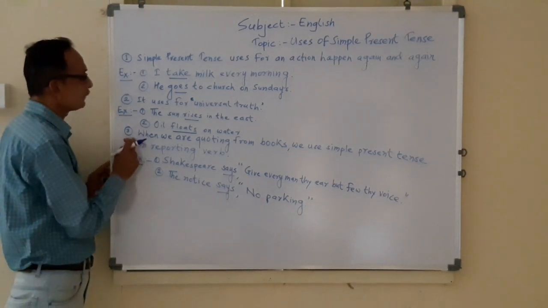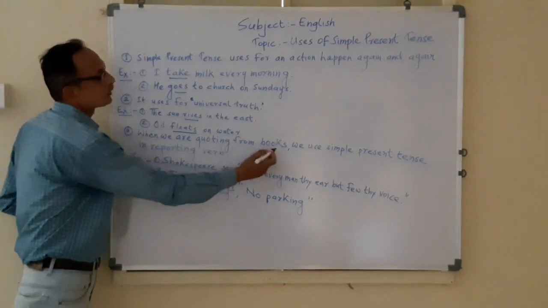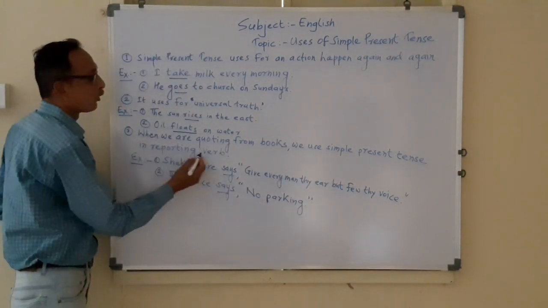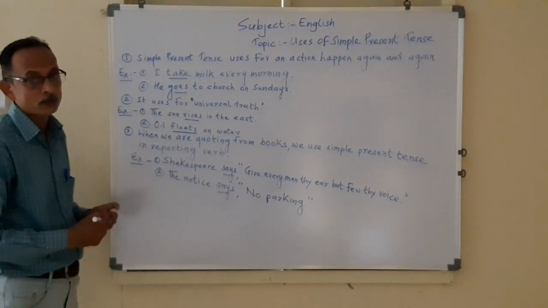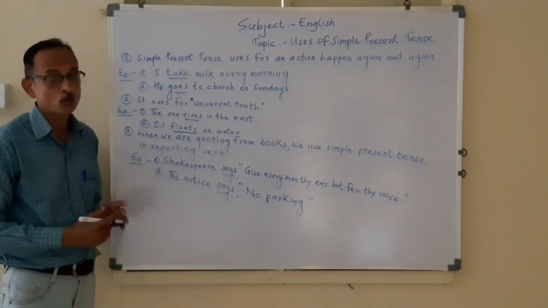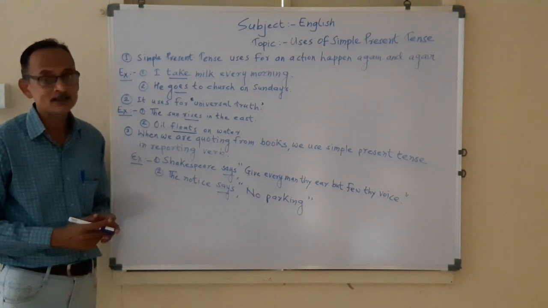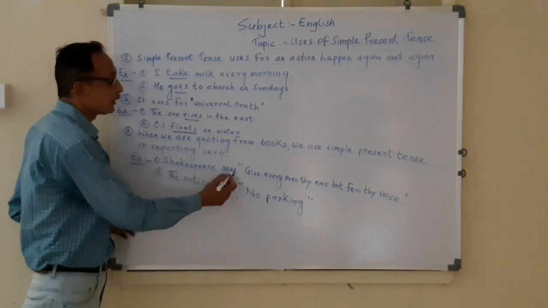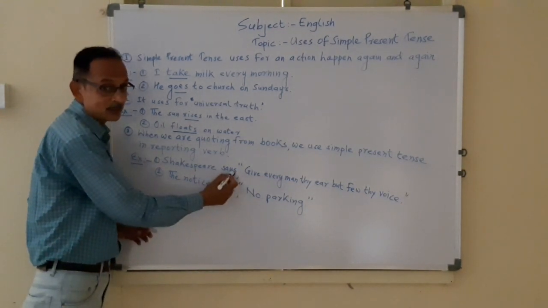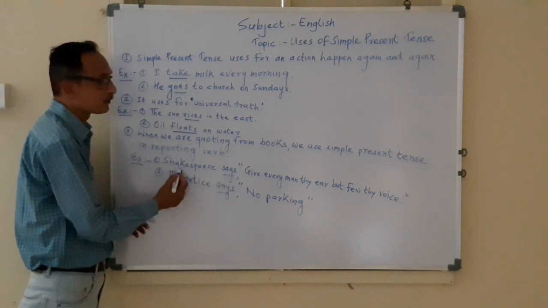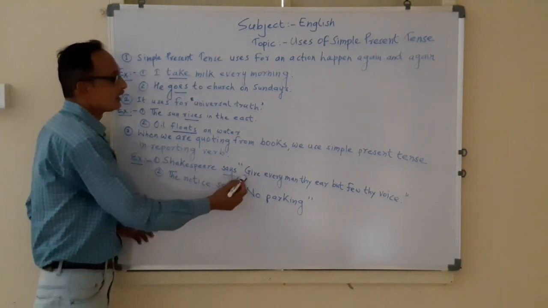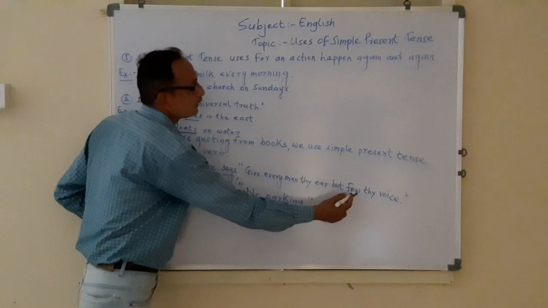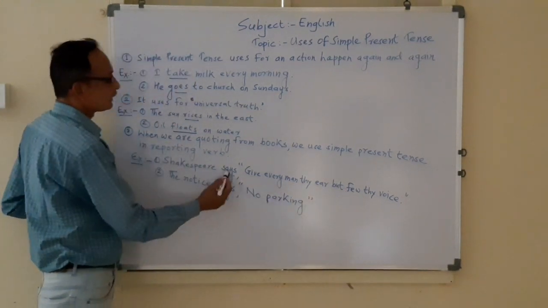Use number 3: when we are quoting from books, we use simple present tense in the reporting verb. When we write quotations in direct speech, we always use the reporting verb in simple present tense. Just like in the first sentence, Shakespeare says, "Give every man thy ear, but few thy voice." Here the reporting